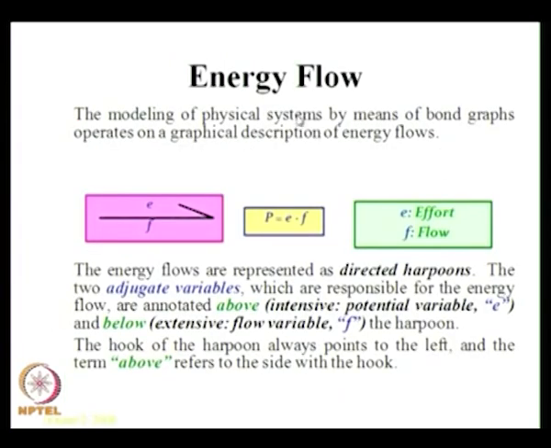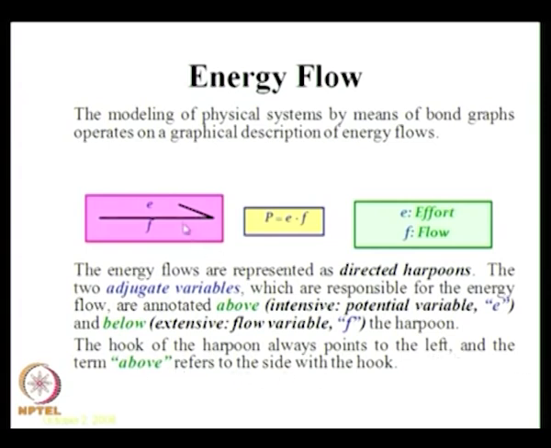To explain the energy flow, the energy flow is represented, as I explained, by a bond. They are known as directed harpoons. So the energy flows are represented as directed harpoons. The two conjugate variables, that is the effort and flow, are annotated above and below. So the E is actually above the bond and F is below the bond, or the other way you can say that the hook of the harpoon always points to the left and the term above refers to the side